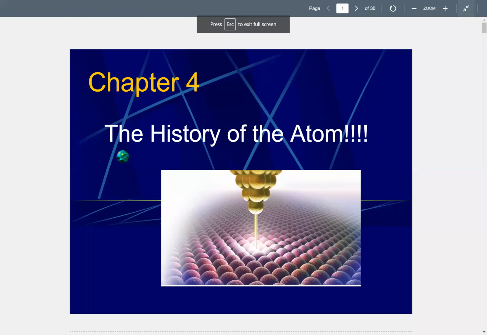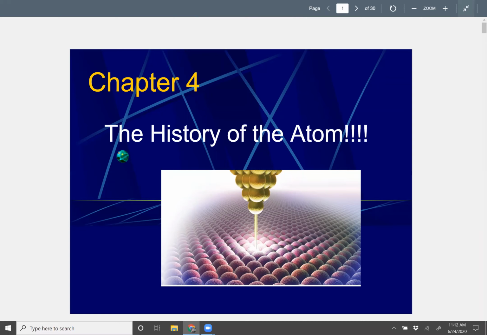Let's get right into atomic history. So in the previous unit, we were talking about some basic ideas of matter, and we got into some classifications of matter versus mixtures versus compounds versus elements. Back in the day, they didn't really understand elements. So to talk about the atom and what it's made of and how that relates to the rest of this class, we're going to get into a little bit of the history of them, how we discovered each little bit,